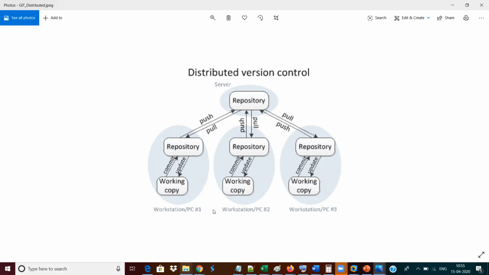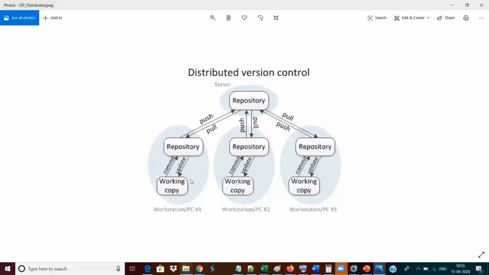Check out here. Here also we can see a working copy, and here also we can see a repository, which is nothing but a server. So nothing new when compared with your centralized version controlling system. But one thing is new: one intermediate repository is also available. Guys, can you see here one ash color oval symbol of shade, which shows that it is nothing but a system?